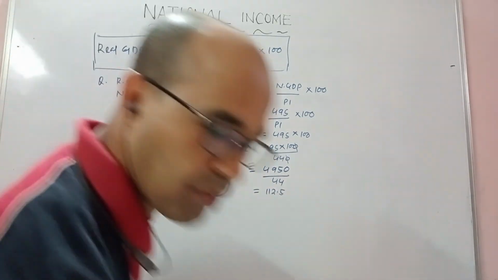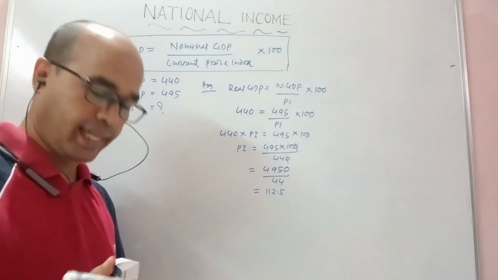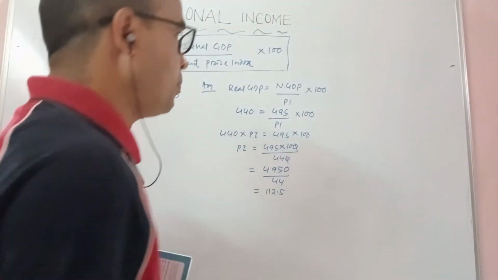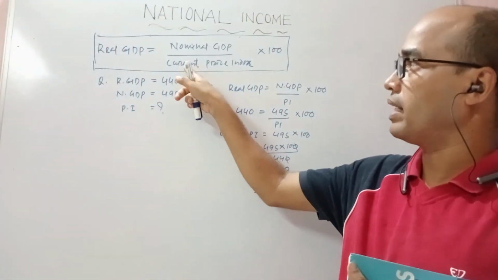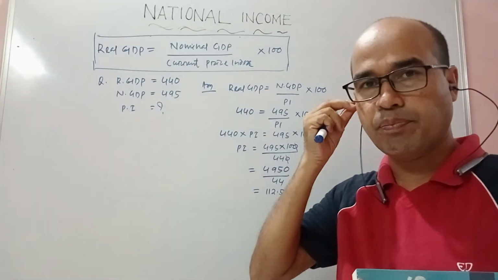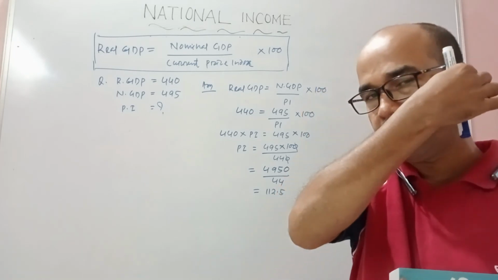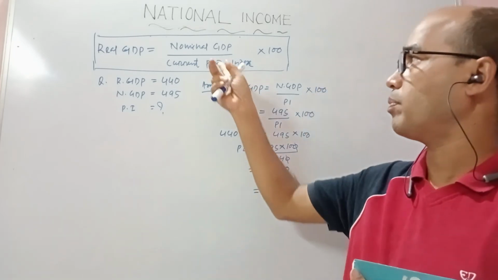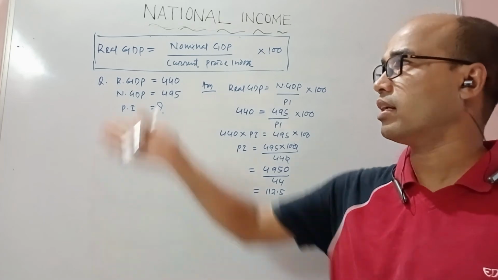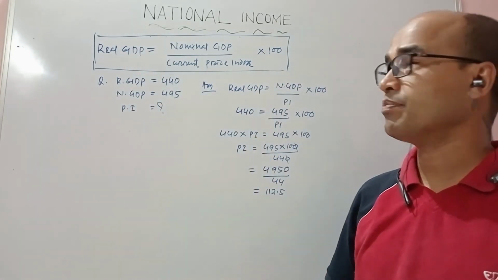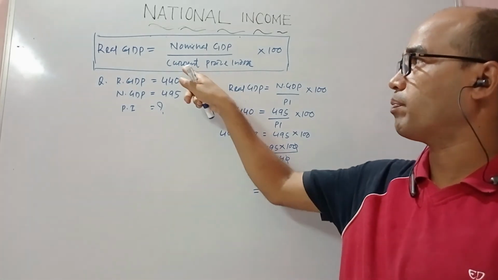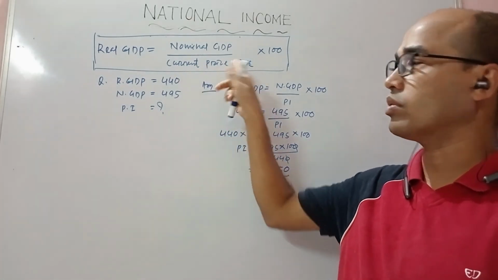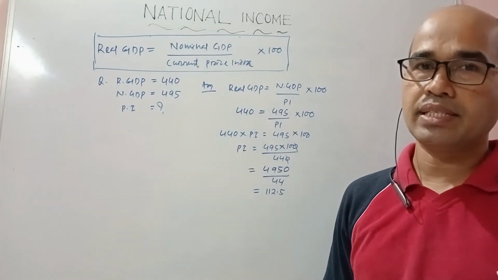Directly you can divide, but I have done the division for you people. Okay? And dear students, if there is an examination question that is GDP deflator, so in the place of current price index, means price index otherwise known as GDP deflator, you can find out GDP deflator, others remain same. Once again, if in the question GDP deflator word is there, so in the place of price index you can put GDP deflator, everything remains same.